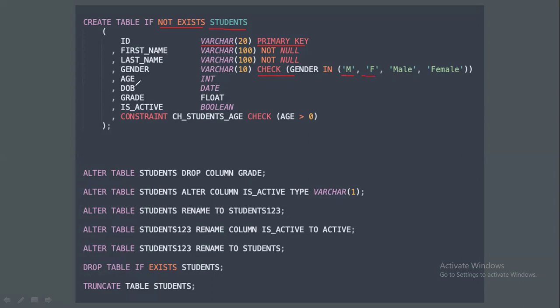Age int, DOB date, grade float, is active boolean, constraint. These conditions we will execute at later stages. Just at a high level we look into the DDL